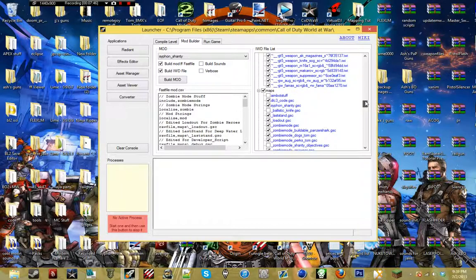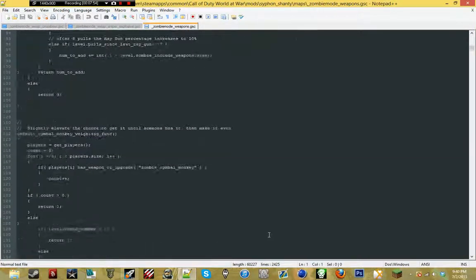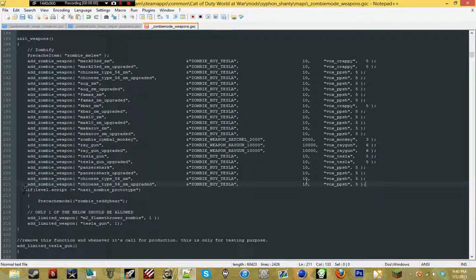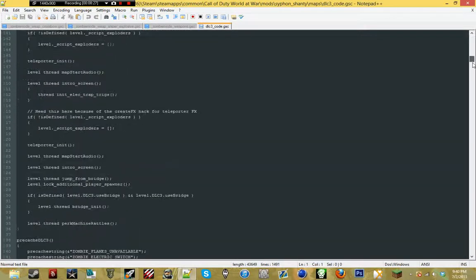And also one thing I forgot, I knew I was forgetting something. We need to go into our zombie mode weapons.gsc. If you don't have one, copy one from raw maps. And we're going to need to add in our gun. I don't have my Scar H in here because I never set up the weapons stuff for it since it's a custom gun after I had released Shantytown. So I'm just going to copy the Chinese F-56 and then just add in the original Scar HZM upgraded, and then save that, and then go to our DLC3 code.gsc, same thing as before,